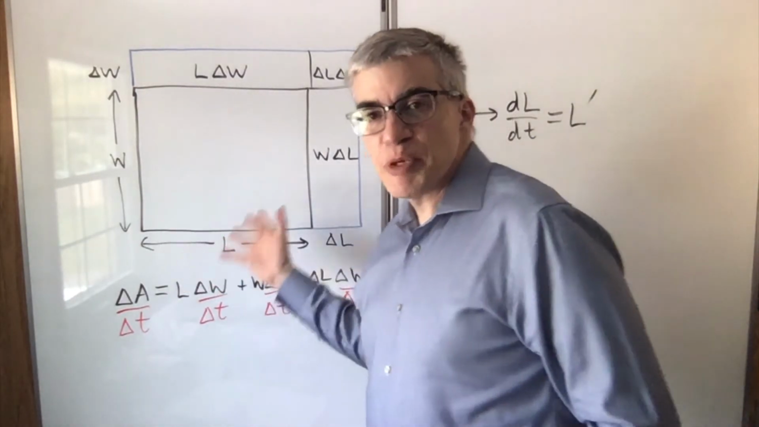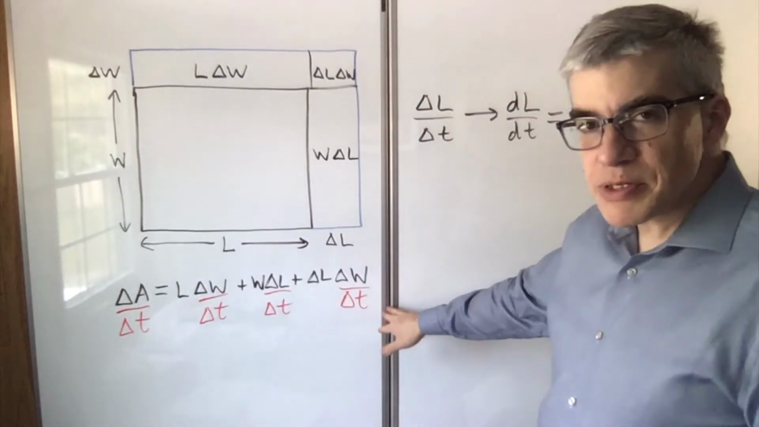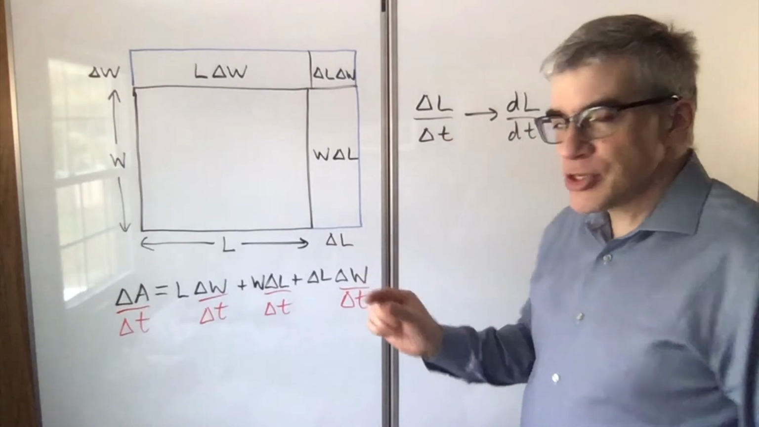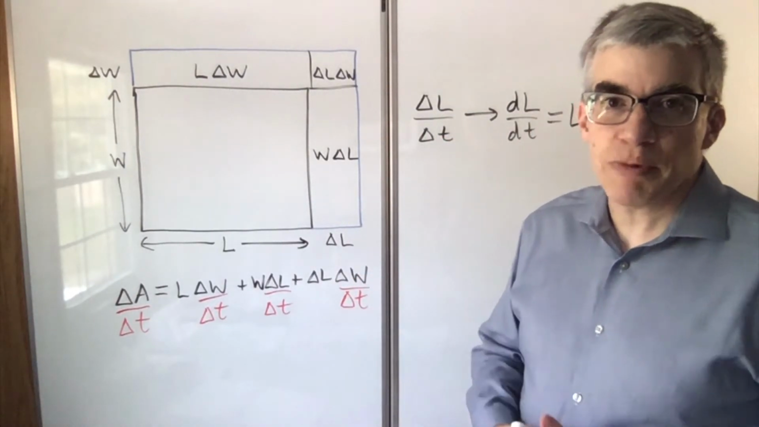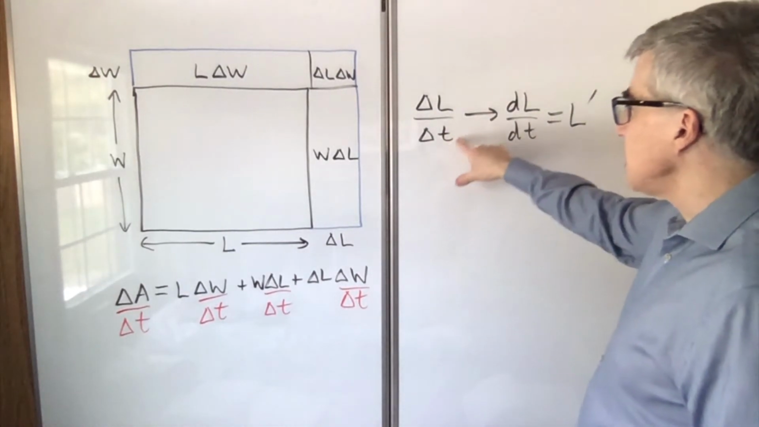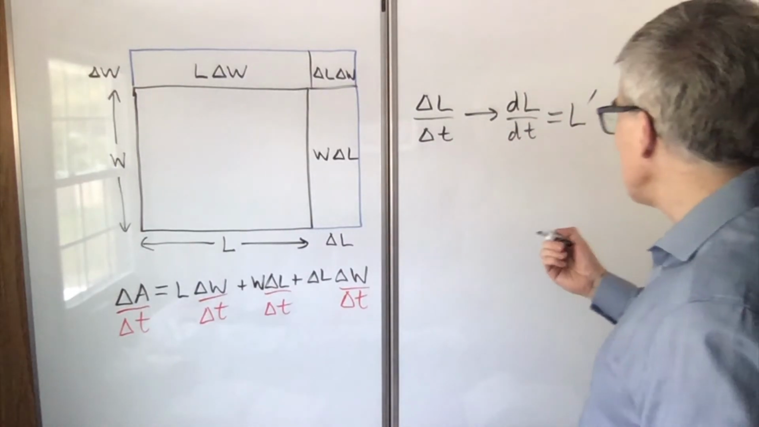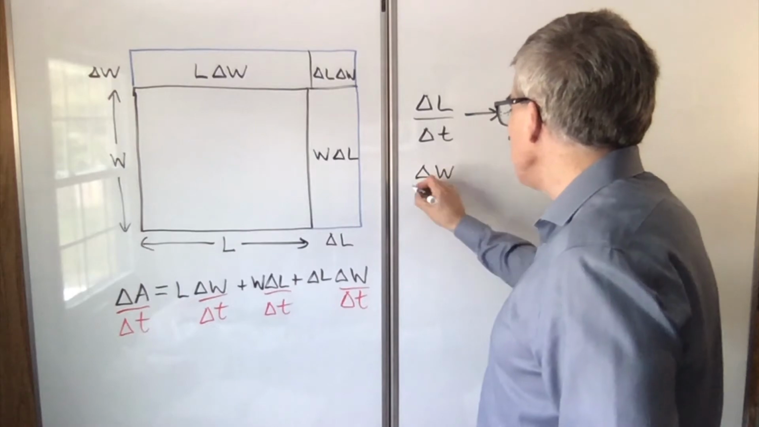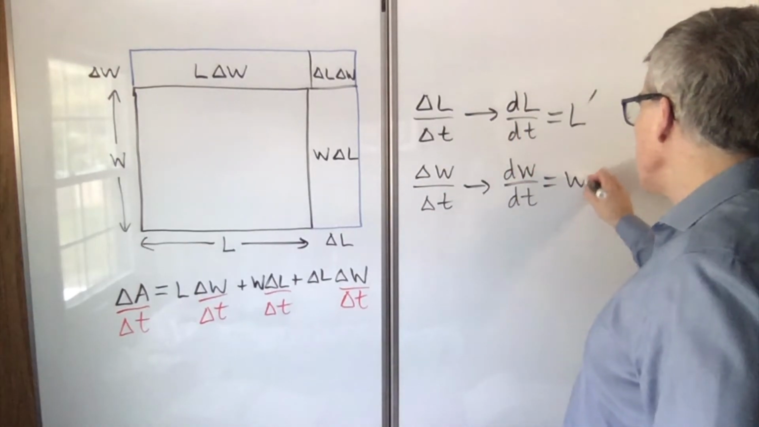Now this takes a specific amount of time, delta t, and when we divide by delta t, we get this expression. If we imagine the delta t getting shorter and shorter, then instead of talking about average velocity, we talk about instantaneous velocity. Instead of delta L over delta t, it eventually becomes dL over dt. That's calculus. Likewise, delta W over delta t becomes dW over dt, which is W prime